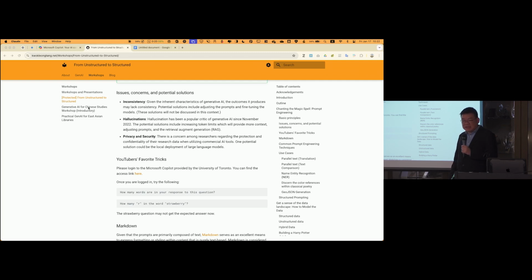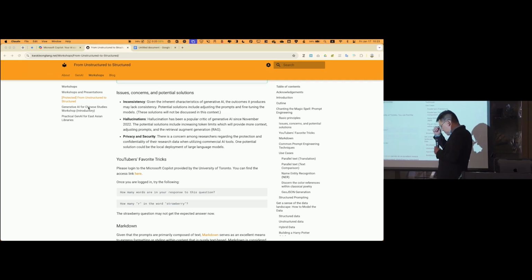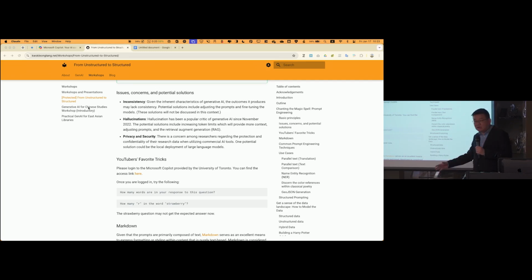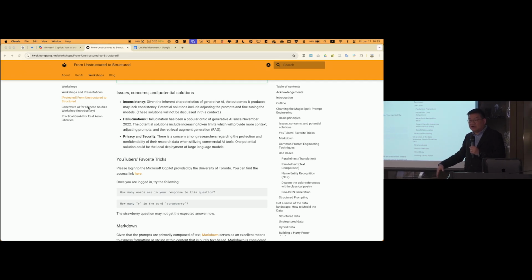There's a trick that a lot of people love to do. Ask it, 10.9 and 10.11, which one is greater? That's a very popular trick. That's hallucination in a mathematical sense, but hallucination in a humanities sense is like